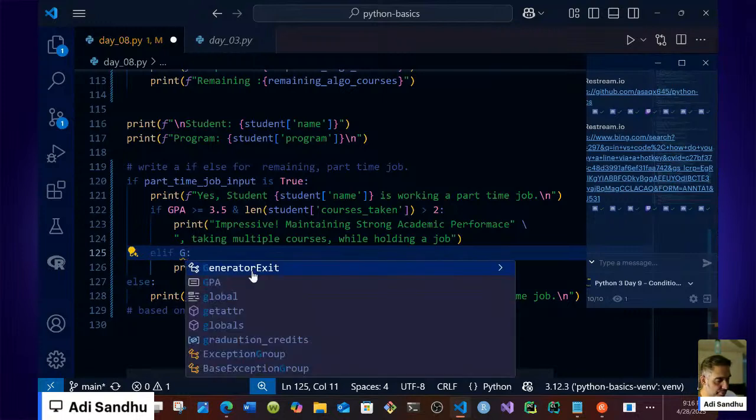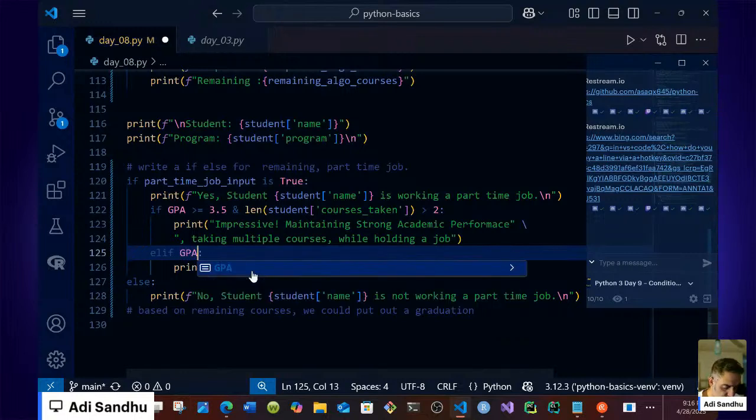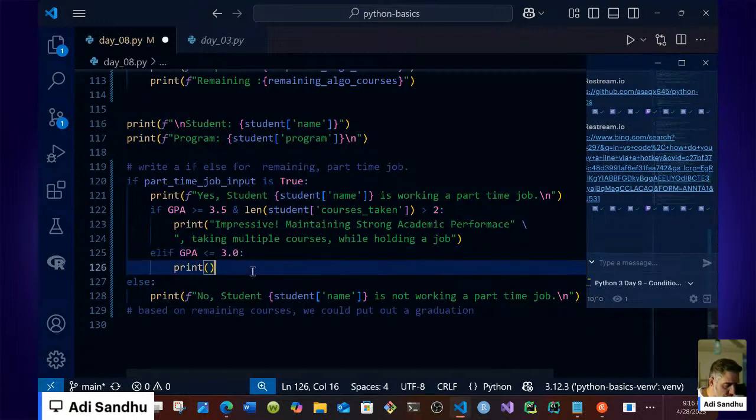So elif GPA is less than or equal to 3, right? No, we can print something like this, warning,